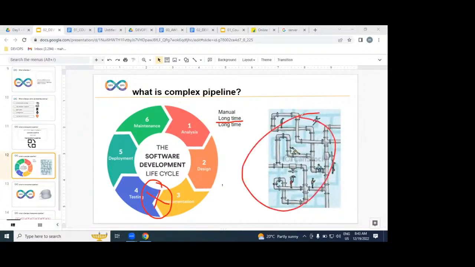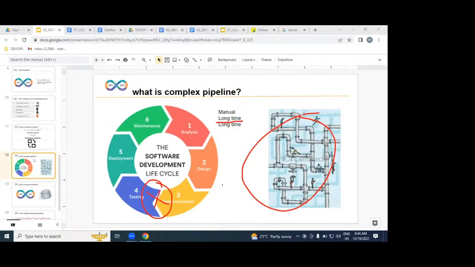Example, a water pipeline. The water pipeline is underground. Somewhere there is a blockage, not a leakage, a blockage. Can you find immediately where the blockage is? Experts are required or not? We need to pay more salary, more amount, or not? Even experts may not be able to resolve it within half an hour, within an hour, within a day. It will take a long time. The same happens in the SDLC process. If you get any issue or problem, identification will take a long time, and resolving the issue will also take a long time.